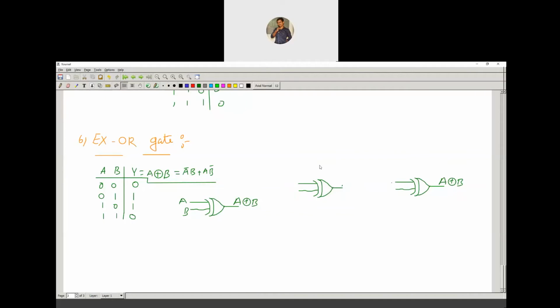First check for the 0 and after that check for the 1. So 0 is enabled. What about 1? Both are enabled.